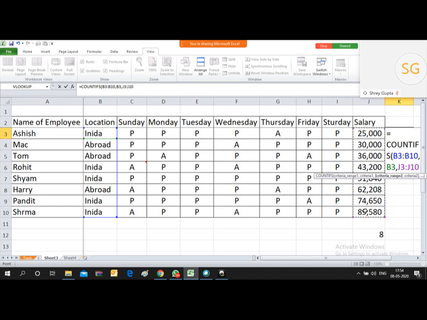Criteria range, now I have provided this salary range. So what is my logic function? The logic is I need to provide a logic to the formula that it should look for salary in excess of 50,000 in this salary column. So how can I put this? Put a comma, and then put your